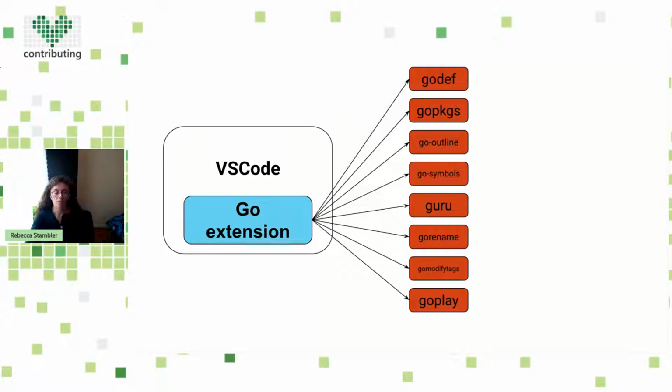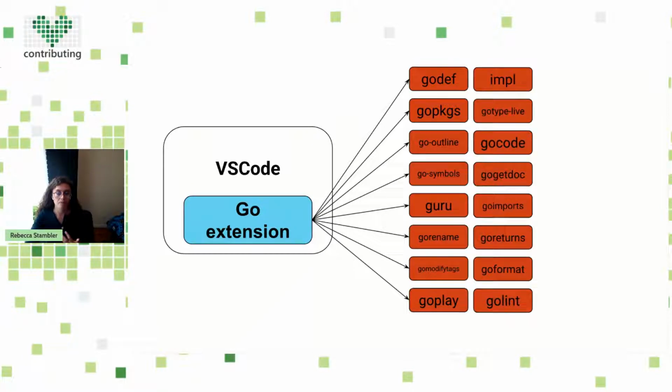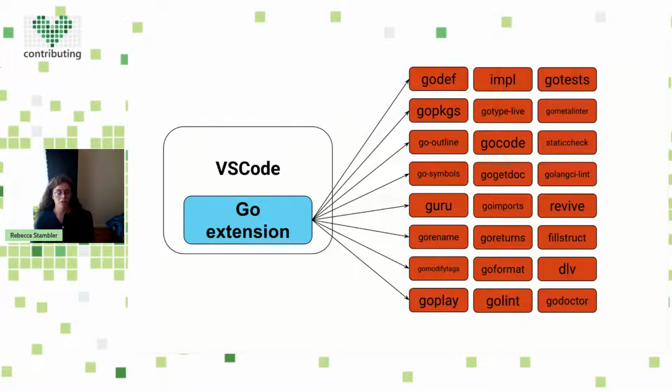So as more tools got added, there were more features getting added. And basically you get a situation where you have this large graph of things that the Go extension depends on. Each one of these tools is its own feature, and each tool has its own maintainer. So it became very difficult to manage, and difficult to have a nicely coordinated release if one tool comes out at a different rate than the other. And it was difficult to debug problems and difficult to maintain all of this.